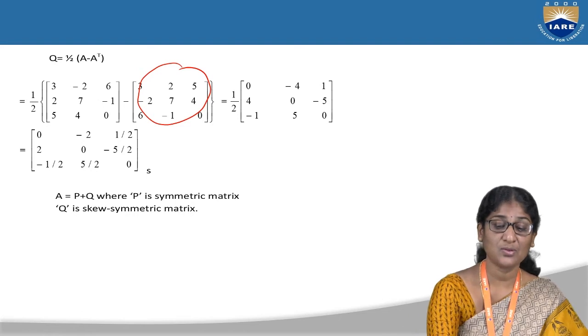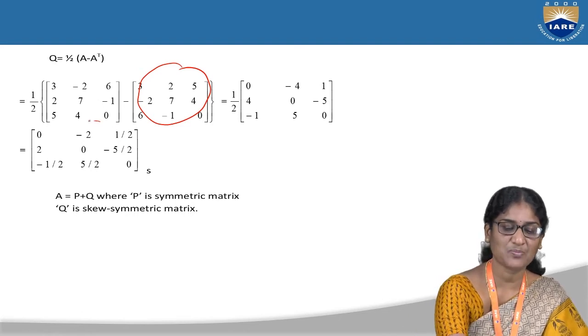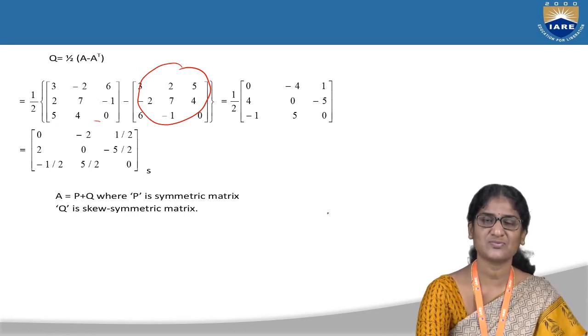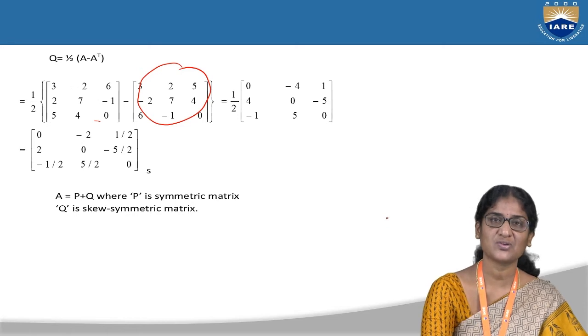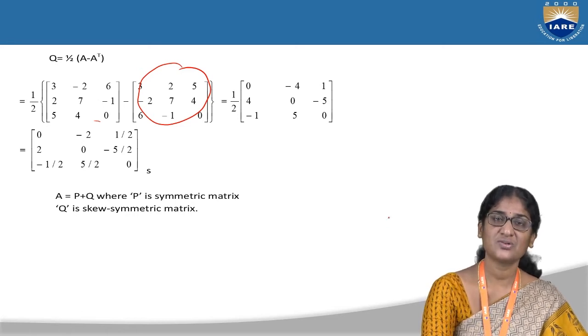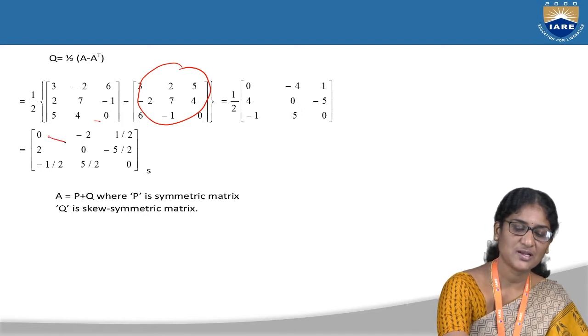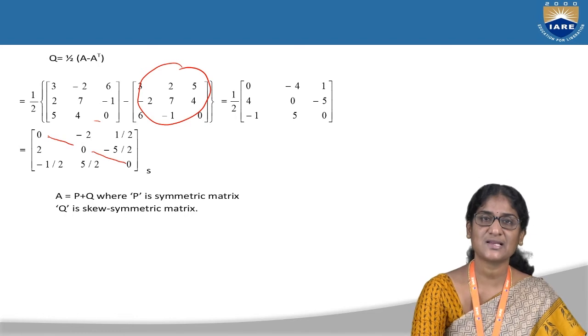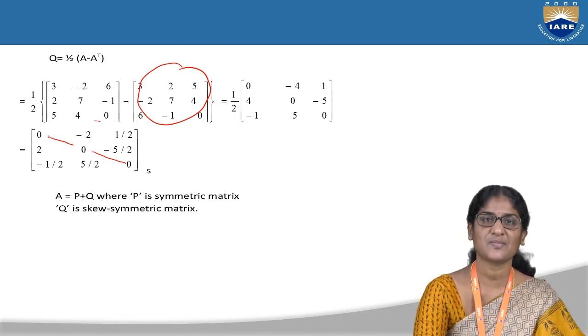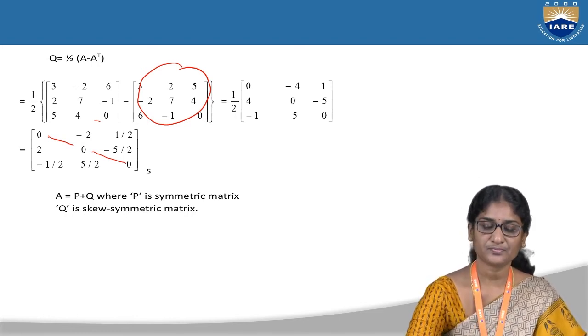So we don't have that uniquely. What I mean to say is that for this type of matrix, we don't have too many solutions. We have only one solution, which is always A, that means for a given matrix, only one skew symmetric matrix is possible and one symmetric matrix is possible. And one more thing you can observe, that the diagonal elements here are all zeros, that we discussed in the last class, that the diagonal elements of a skew symmetric matrix are always 0.